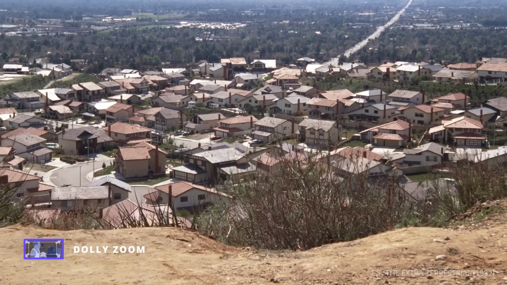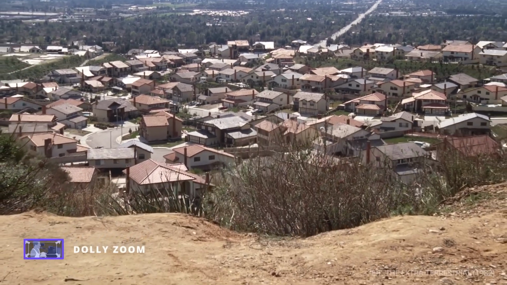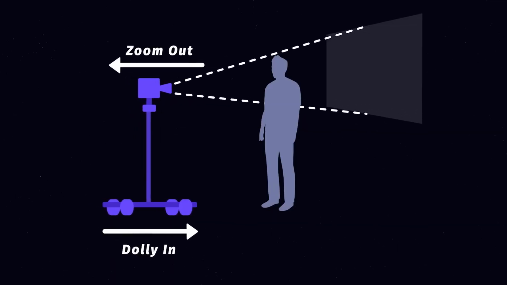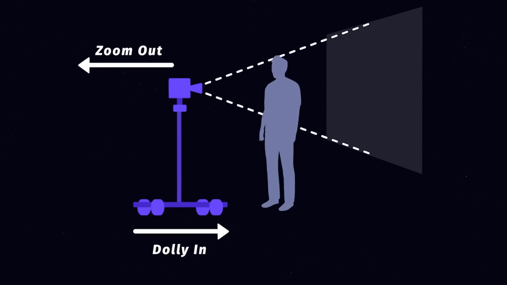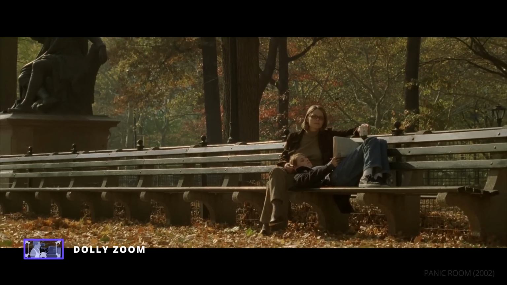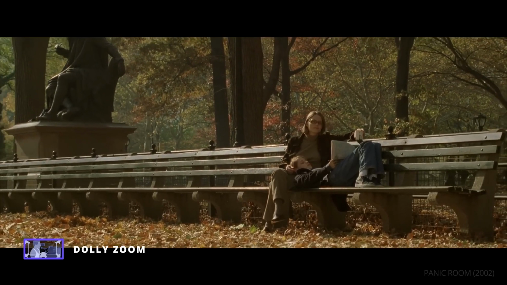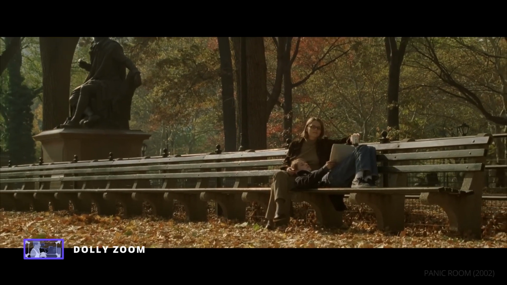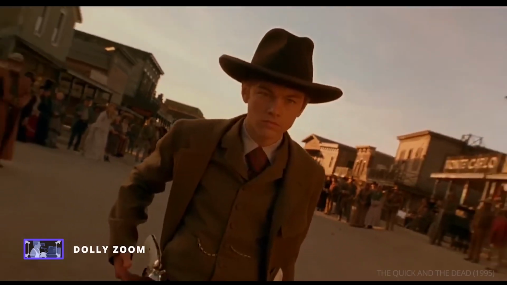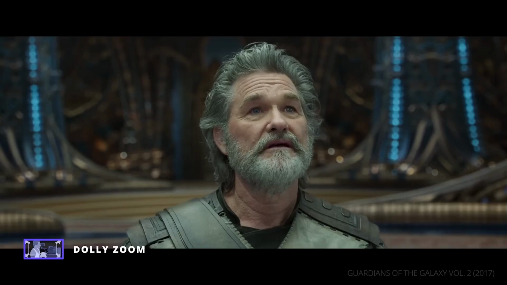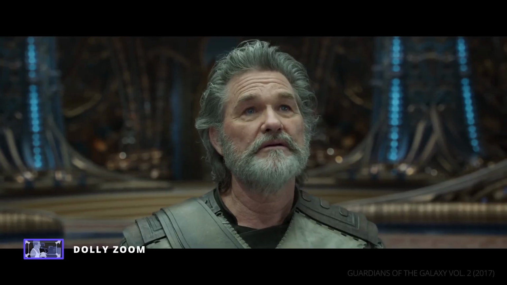A dolly zoom can be done two different ways. The first is by dollying in while zooming out. This causes the background to grow in size while maintaining the scale of the foreground. This is commonly used to portray conflict in a shot, either internal